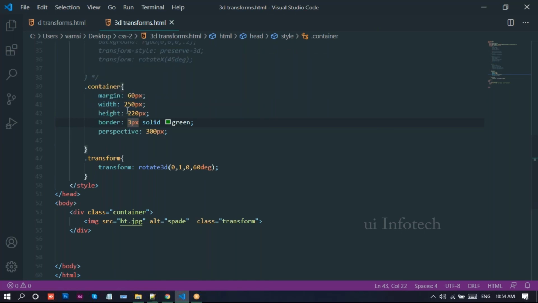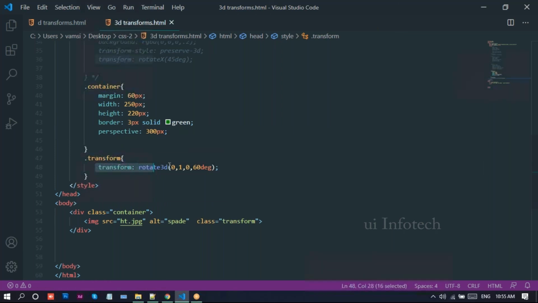And you know, height and width. For the height and width of the div, we can give this one. And border. The only thing is we can use perspective in order to move the elements in the 3D transform. And whether you need to move the element from the left and right side, we need to write perspective origin. Origin is nothing but from which place it will start.